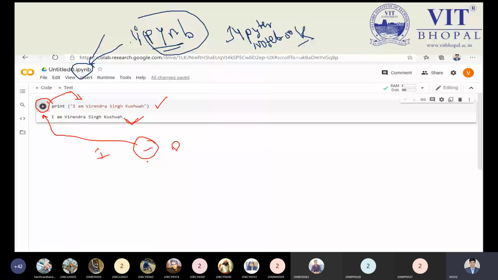Now, is it clear to all how to write a program on Google Colab, Spyder and Jupyter Notebook? I will tell you in the next class with a real application and a real example as well.